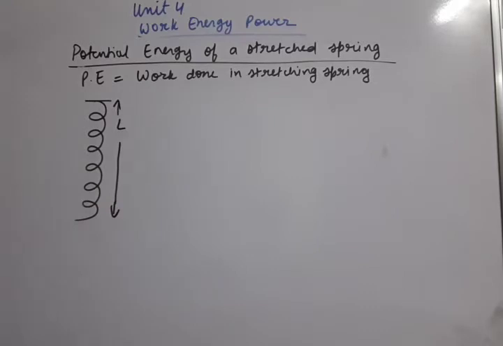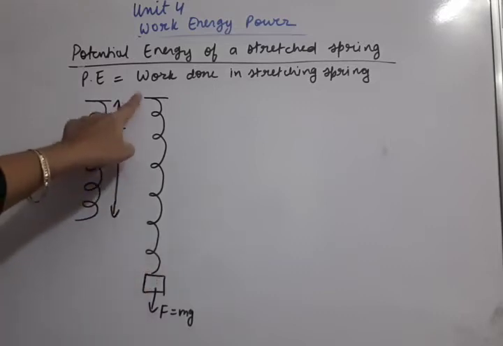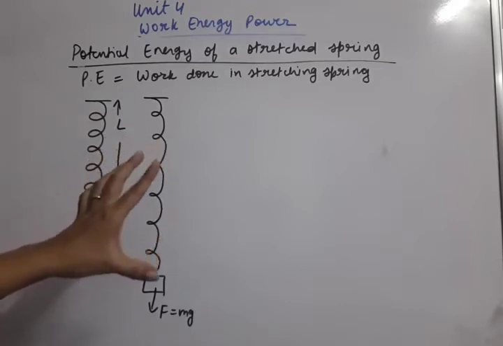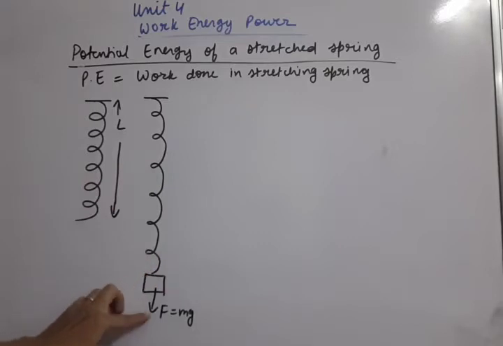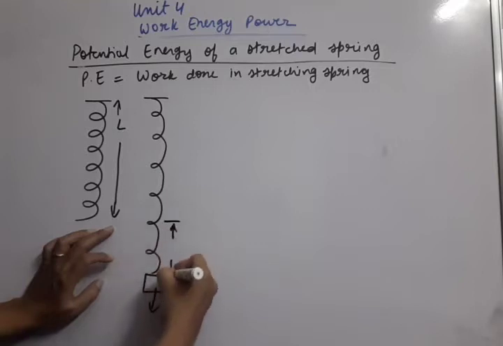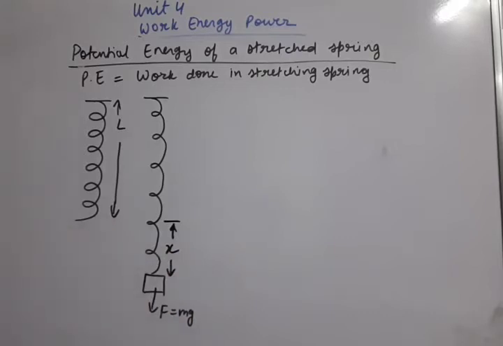Now we need to show some more diagrams of what will happen when some load is applied to it. Let us draw. As a load is applied on this spring at one of its ends, with one end fixed here, the spring will get stretched. Suppose some load, mg or the weight, is applied in the downward direction. Whatever extra length has appeared beyond its original length, we call extension. This we can denote by x.